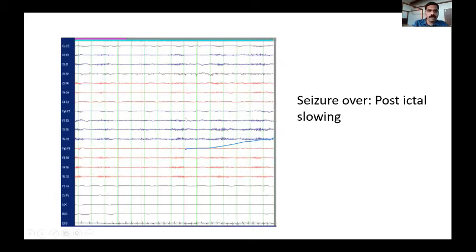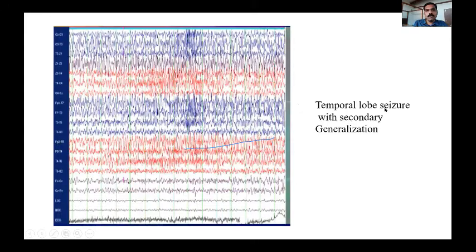When you see this type of activity during the EEG record, it is definitely an epileptic seizure, and these are the children who need to be treated with anticonvulsant drugs. Those who have only epileptiform discharges have to be correlated clinically. We need to look at the history, we need to look at the video of the child, and then decide whether we need to treat those cases or not. But when you have this ictal activity in the EEG record, these children do need treatment. This is an example, like I told, of a temporal lobe seizure with secondary generalization.